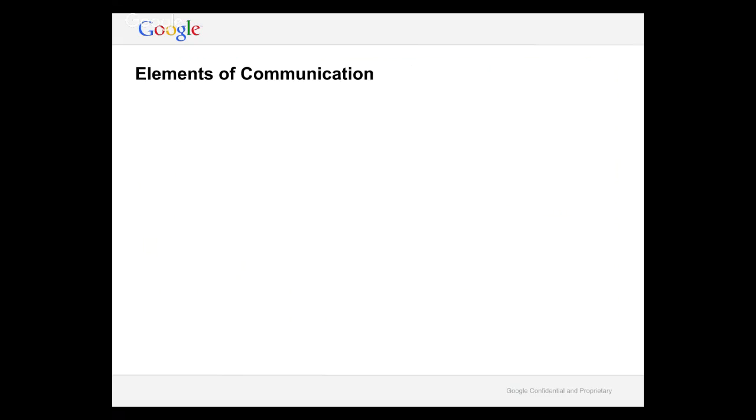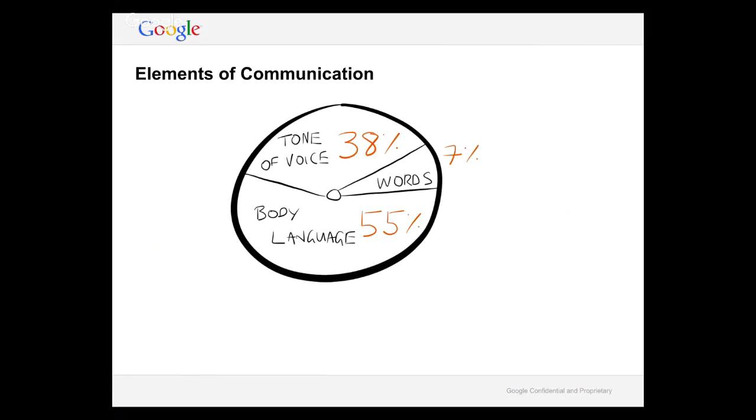Okay, so I asked all of you earlier, and the gentleman in the front answered, how much of it is due to your voice? Actually, yeah, less than half. The words that we're trying to transmit don't serve a lot of purpose. They're just here to enforce the message that we have, but it's the tone of your voice, it's the body language that's going to transmit most of what we need to do.